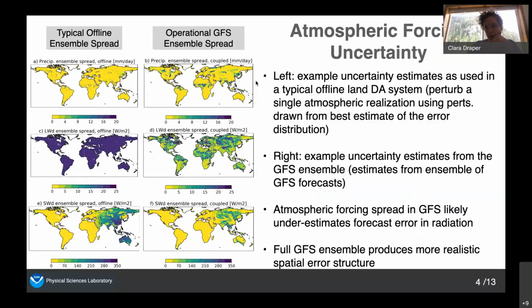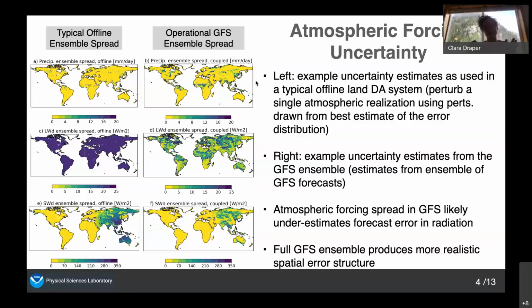Okay, so given the importance of the atmospheric forcing to our land model, I thought the best place to start is by looking at the spread in the fields from the atmospheric model that force the land surface. So first of all, I'm going to attempt a rough evaluation of the ensemble spread in NCEP's operational GFS by comparing it to the typical spread that's used in an offline land data assimilation system. Those offline ensemble-based land data assimilation systems were typically developed before atmospheric ensembles were widespread. And so most are designed to take a single realization of the atmosphere and then create an ensemble of forcing fields by adding